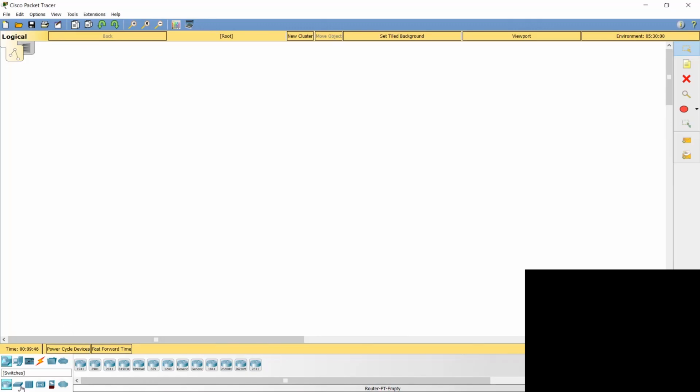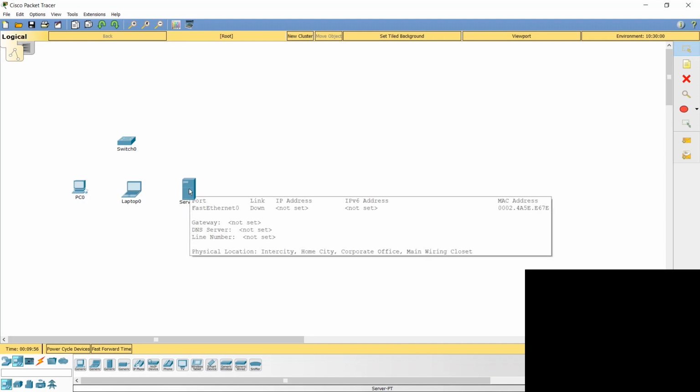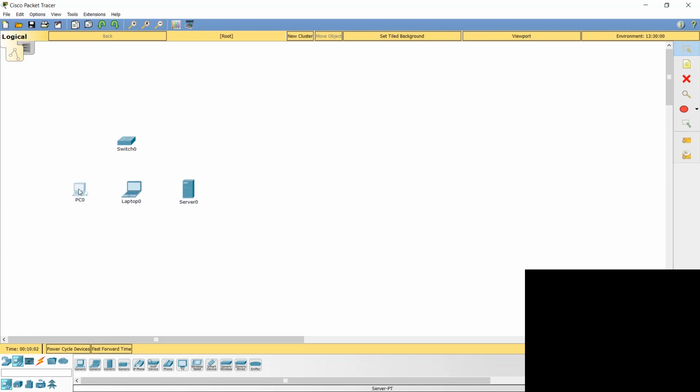You can see here I do have... And all I'm going to do is grab a 2960 switch, a couple computers. It does not matter if it's a desktop, it does not matter if it's a laptop, and a server, because obviously we need a SMTP server to be able to forward and receive this email that we are trying to